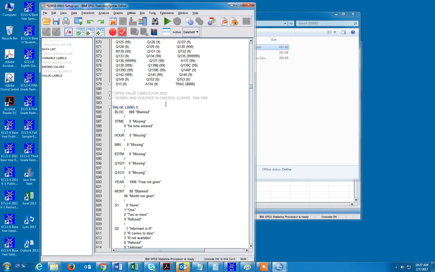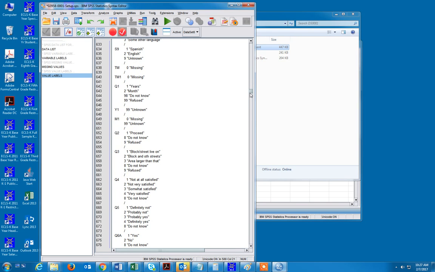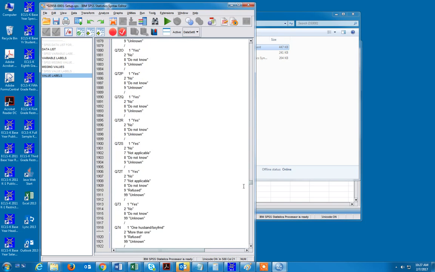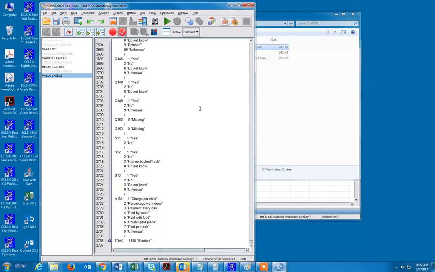Coming down here, again, you don't want to alter anything other than activating it by removing the asterisk. Down here, you'll see the value labels, and what this is doing is saying, for this variable, for this value, give it this label. For this variable, for this value, give it this label. And it's doing it over and over again. That is the duration of the data file. And again, you'll see there's no